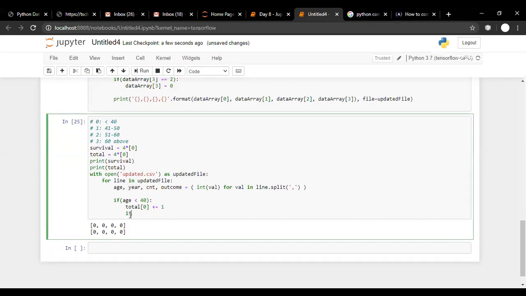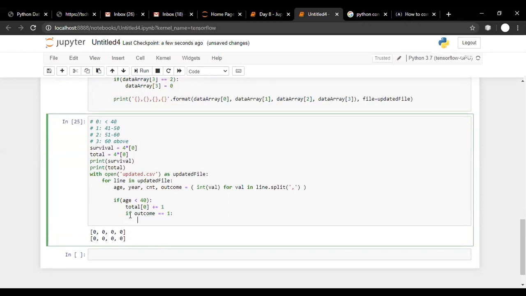Then we are checking if outcome double equal to 1. Outcome double equal to 1 means the patient has survived for more than 5 years, which means our operation was successful.